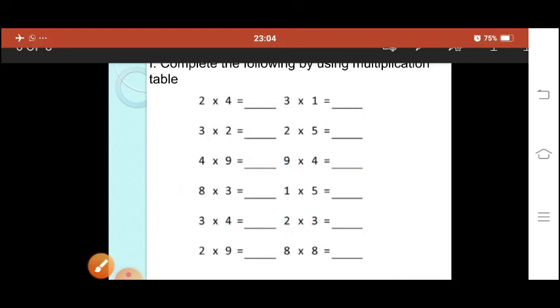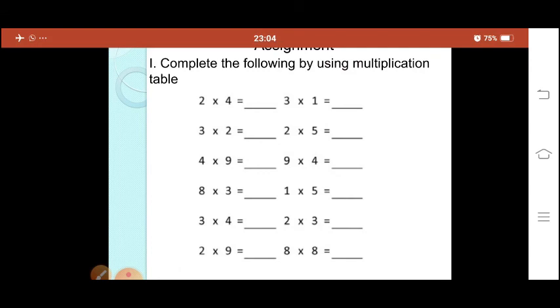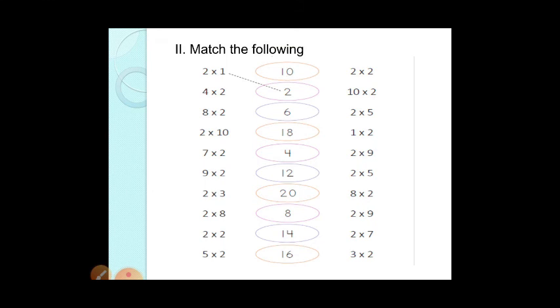Okay, so if we multiply the same number, we will get the double. Okay, so like this you have to complete. Okay, neatly you will copy this one and complete in homework notebook. Here match the following. So here see 2 1s are 2. So where you will get the number, 1 2s are 2. Yes, that means if we change the place of multiplicand and multiplier, we will get the answer same.